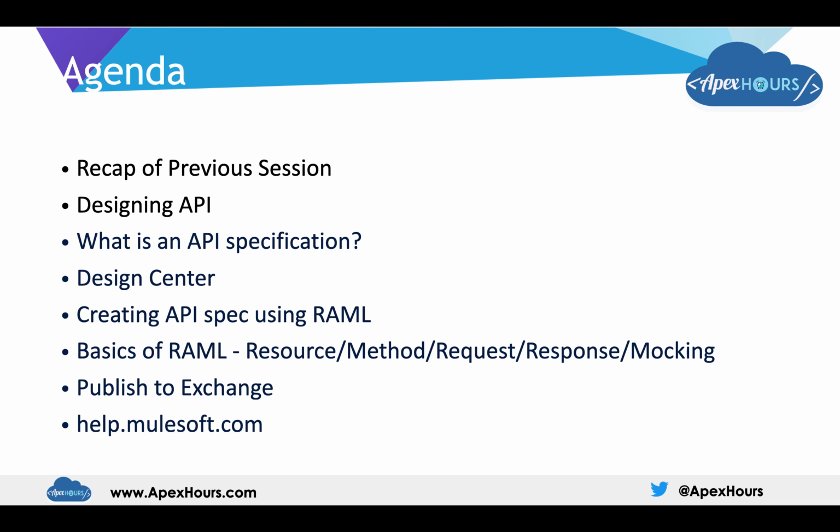We are not going to deep dive into RAML because it's huge, right? So I will show you a few things that will help you get started with designing RAML, and then I will show you how to publish to Exchange, and then I'll show you what is